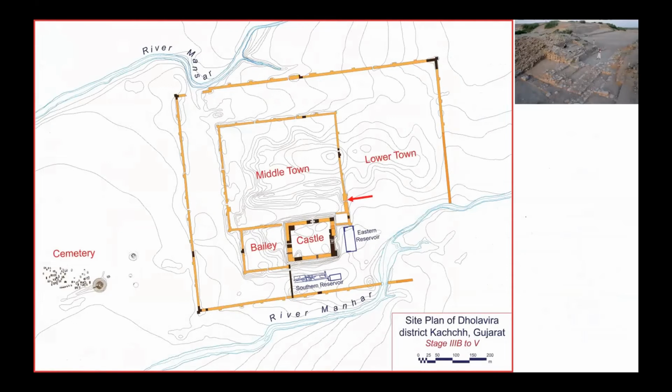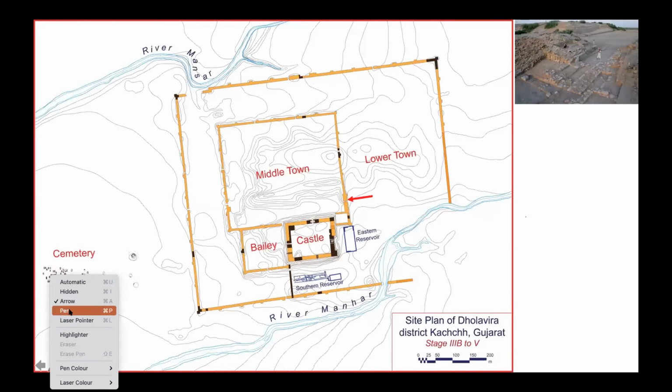In the case of the northern gateway, the approach itself speaks of somebody very important present inside the settlement. The settlement is approached from three different directions. One is from the Bailey. Again, it is guarded, so we're not going to discuss it in detail, because there may be a close association between the castle and the Bailey. But there are two gates from where the public could have had access. Particularly in the northern gateway, I speculate the public could have had more access, because the eastern gateway is more for elite usage, since it focuses on the reservoirs located to the east and these southern regions. But the northern gateway connects the huge ceremonial ground,